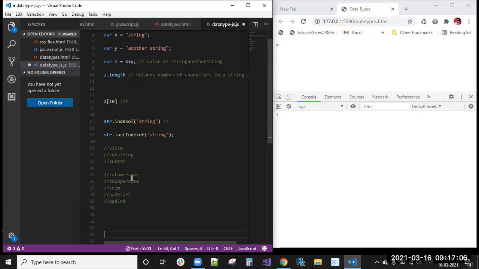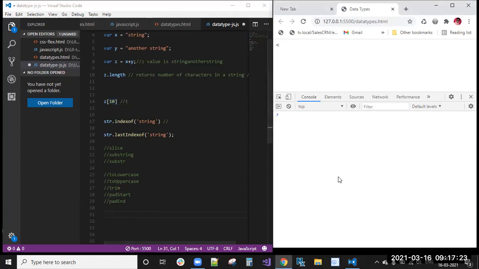Slice, substring, substr, toUpperCase, toLowerCase, trim, padStart, padEnd, indexOf, lastIndexOf. These are the methods available in the string, and you can practice all of them. The .length is one property, and to know the length of particular characters, you will use this.